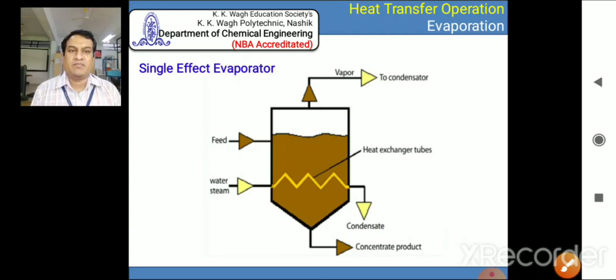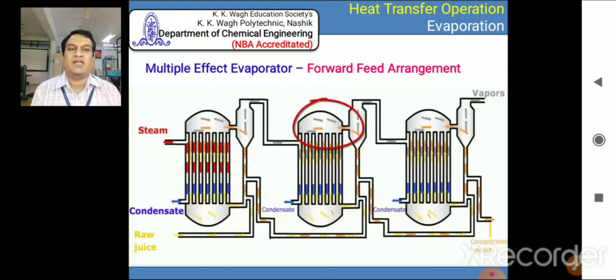This is the simple schematic where we can understand there is a feed, there is a steam, then we are going to convert this feed, that is nothing but the thin liquor having low concentration, into the highly concentrated product, and water can be evaporated with the help of steam. So the raw juice or thin liquor or feed is going to absorb the latent heat from the steam, and water can be evaporated. So the thin liquor is going to convert into concentrated product. So it is the functioning of a single effect evaporator.